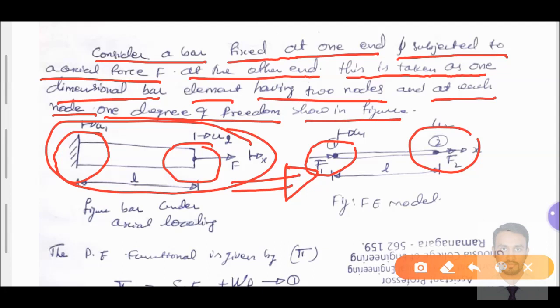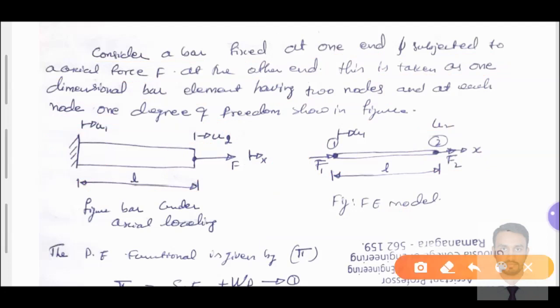As shown in the figure, each node has 1 degree of freedom, with the element represented along the x-axis from left towards the right. That displacement is represented as u1 and u2. u1 is at node number 1, u2 is at node number 2. Displacement is restricted along the y and z axes. Along the x-axis the bar element is free to move due to the application of forces at the nodes, f1 and f2.